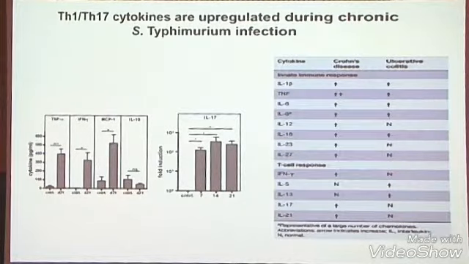You can also measure the inflammatory cytokines. Let's get to here. What we found is that this looks a heck of a lot like what you see during Crohn's disease. So you can measure various inflammatory cytokines 21 days after infection, and you can see the correlation in our model with those that are involved in inflammatory bowel disease. The ones in red are the ones we actually measured. Huge correlation. So it seems like we've got a chronic intestinal inflammatory model that mimics Crohn's disease, including the intestinal fibrosis and the collagen deposition.